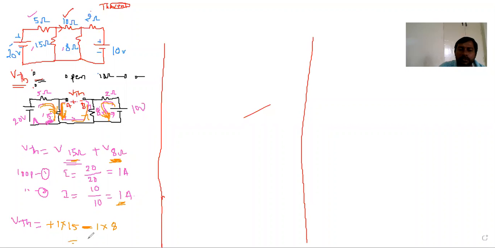Now 15 minus 8 is how much? 15 minus 8 is 7 volts. VThevenin is 7 volts. Now let us find RThevenin. While finding the RThevenin, whatever the voltage sources are there, those sources